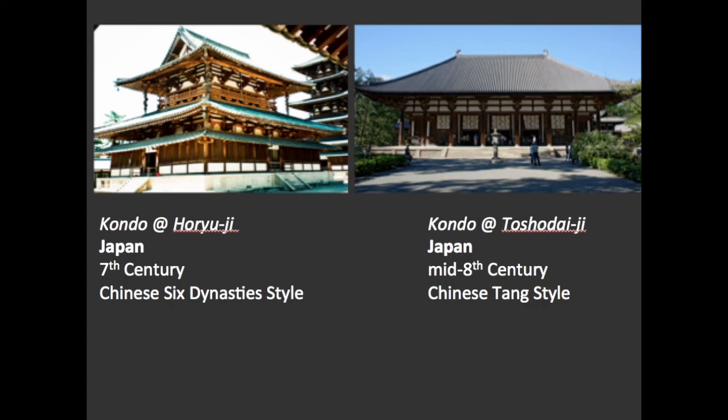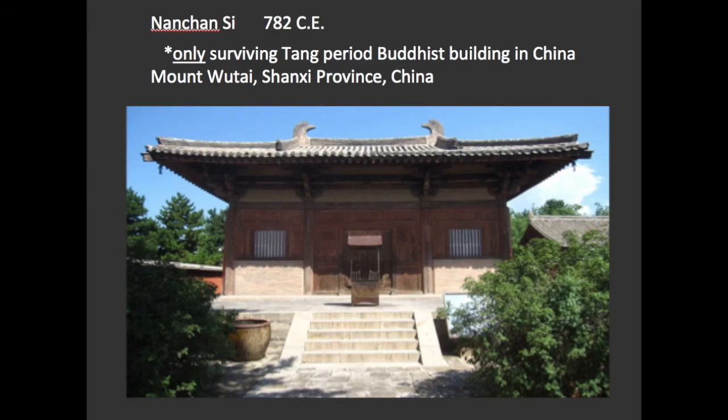During the imperial proscription in the mid-9th century, almost 5,000 Buddhist temples in China were destroyed. Only one single temple in China survived this period, and that is the Shanxi on Mount Wutai. This is in the Shanxi province dating to the late 8th century. The probable reason for its survival was because of its location. It was in a very, very remote, high altitude in the mountain.